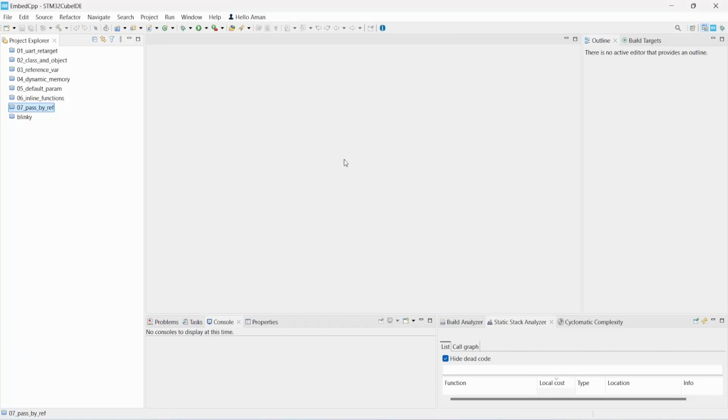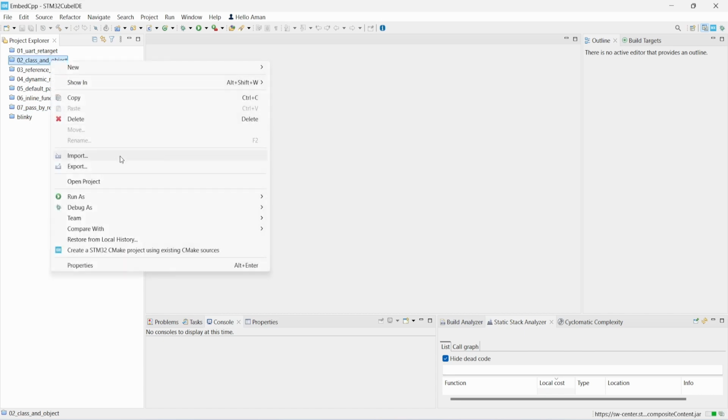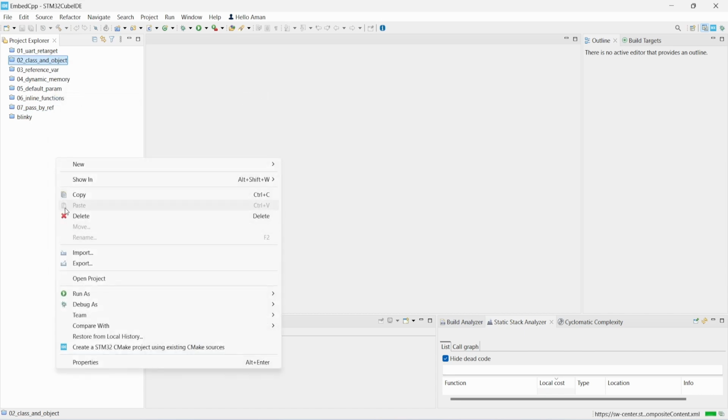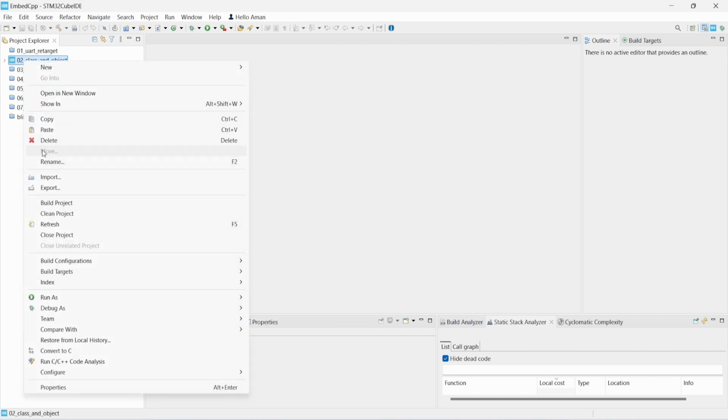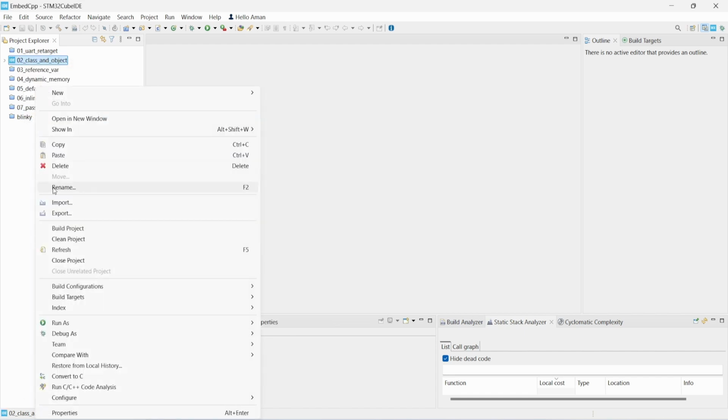Hello everyone. In this lesson, we will learn about access specifiers, or collectively what we call class properties, in C++. We already saw how to create a class in C++ in a previous lesson. I will begin by copying that project. So it is here and I will copy it, open the project, and paste it over here,